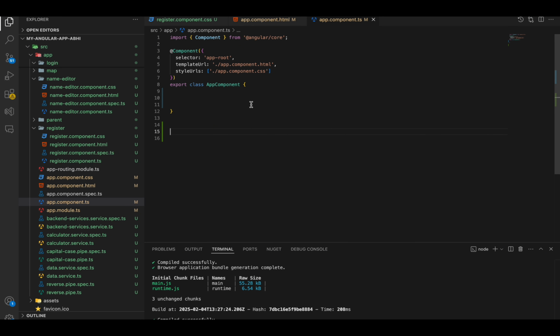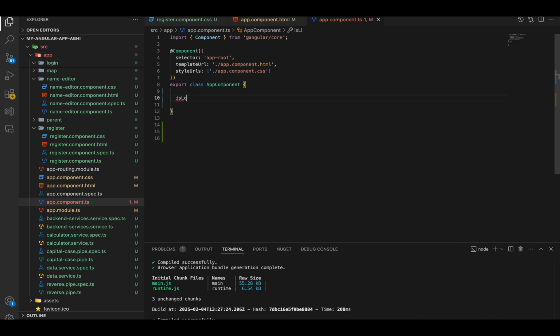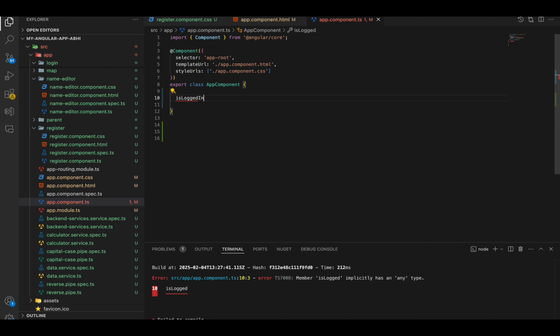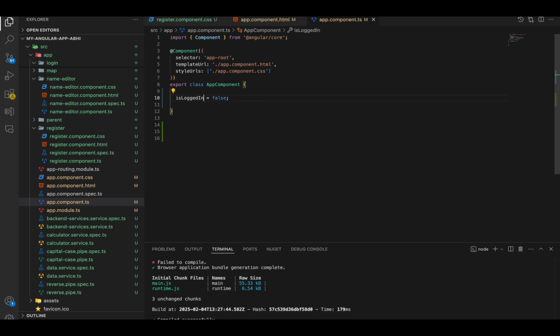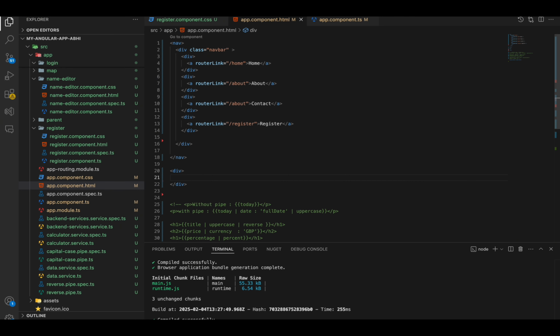In our app component.ts file, we will start with our ngIf directive. We will create a property here called isLoggedIn to check if our user is logged in or not. It would be false in the beginning, and this property would be of type boolean. Now we will go into our HTML file, and inside this we will create a div, and we will add a p tag where we will say welcome back, user. And we'll create another div tag where we'll say